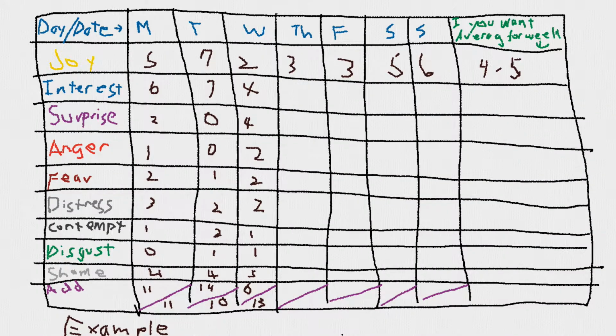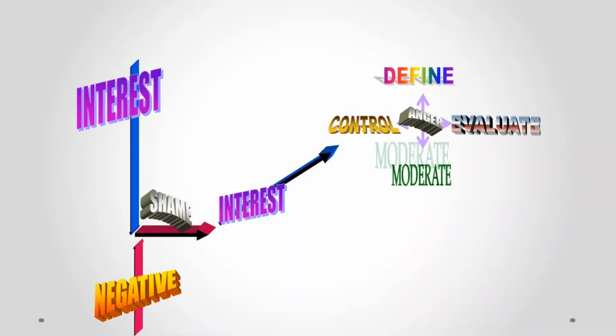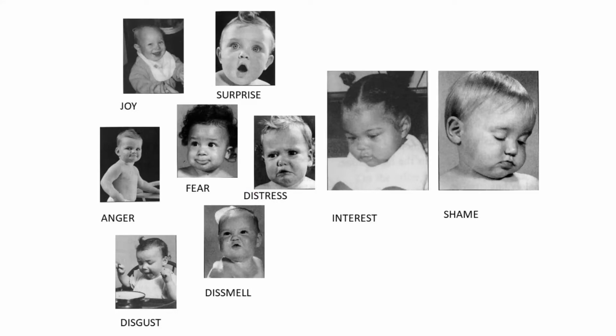A secondary way, or primary way, to look at this process is to evaluate each feeling on a scale of 0 to 10. If my anger is at 10, the idea would be to distance myself from my anger and define it, evaluate it, focusing on the trigger, in this case, the lack of money, and do something about the trigger and control it. We can apply this system to any particular feeling or emotion. As promised, the next major step is to present what is well regarded as a definitive set of feelings, as seen here: anger, fear, distress, disgust, dismay, shame, surprise, interest, and joy.